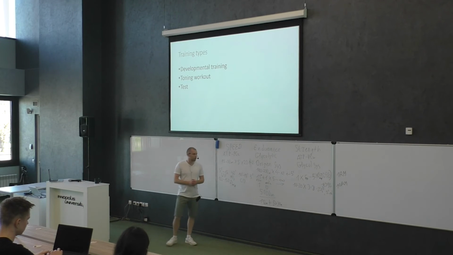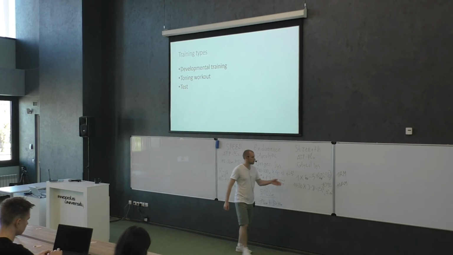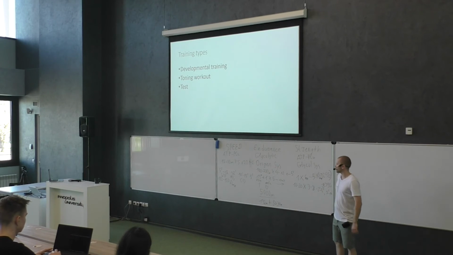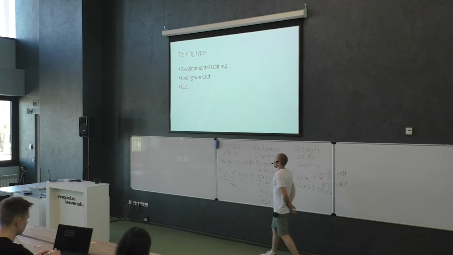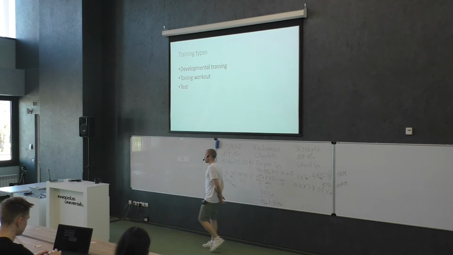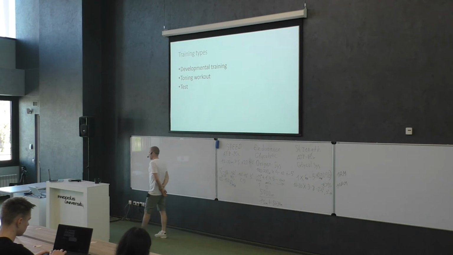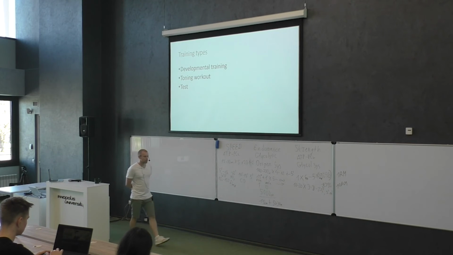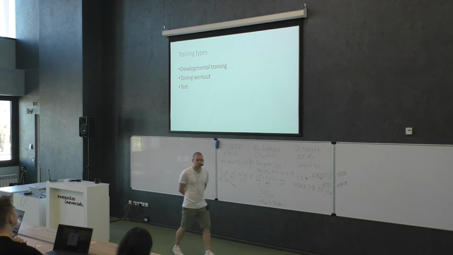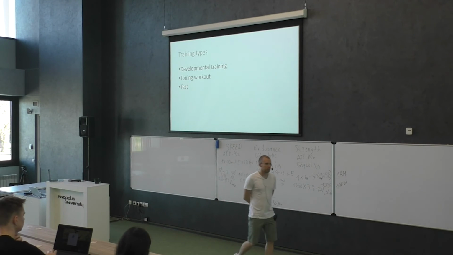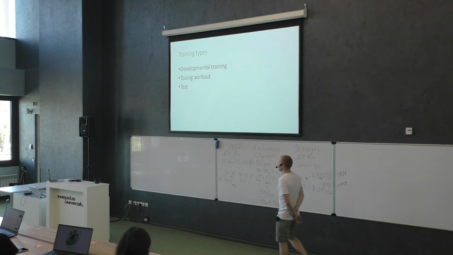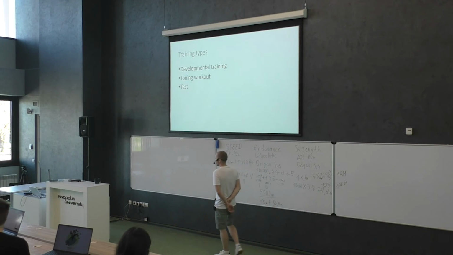For those who train strength, it can be 1 repetition maximum. So this type of training, the test, requires more resources than the development training. And also the target of this training is